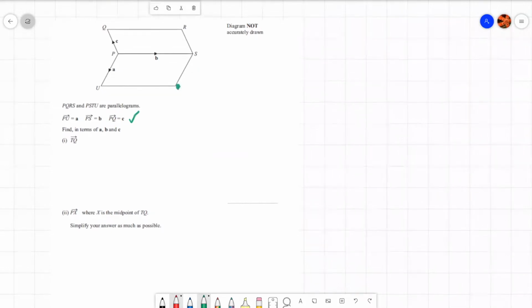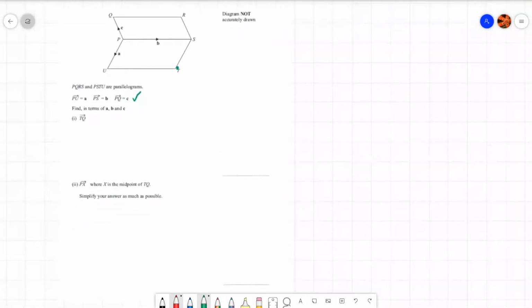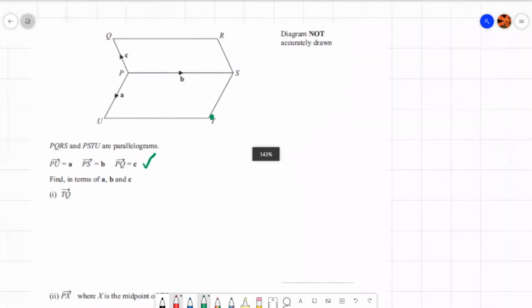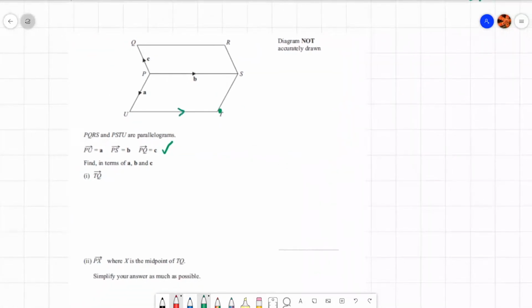Okay, well, if they're parallelograms, the first thing is the opposite sides are the same. I'm just going to zoom in if I can. So that there is also going to be B, and remember, same direction. So TQ, I'm going to go TU plus PQ. TU is minus B, and then,